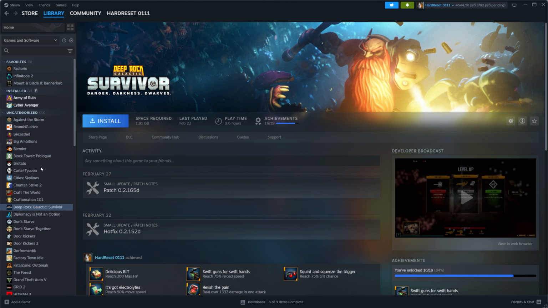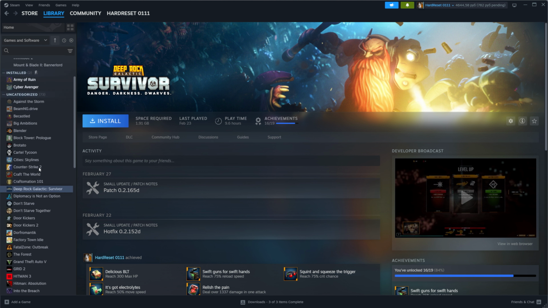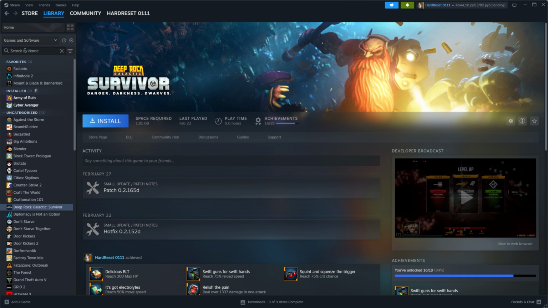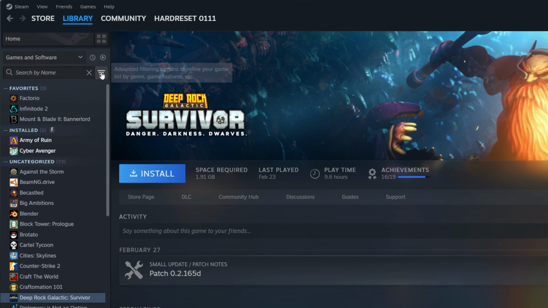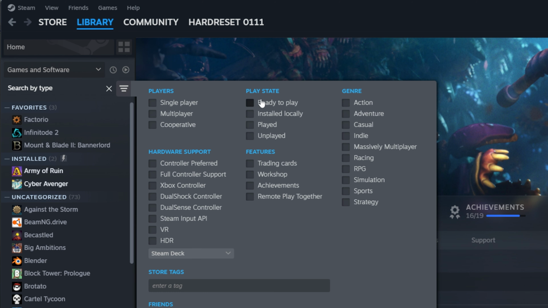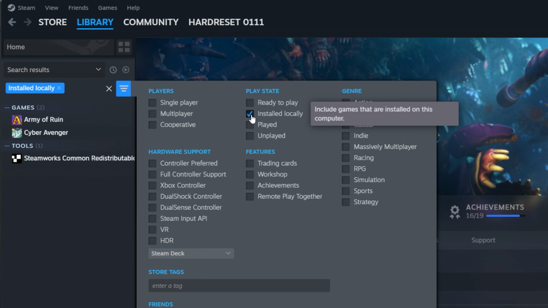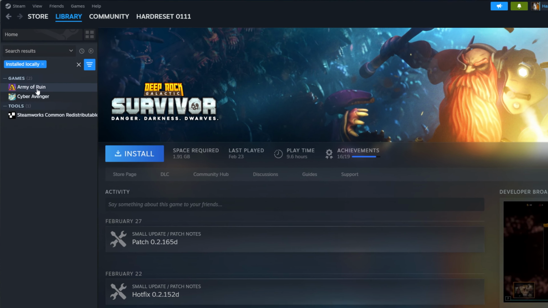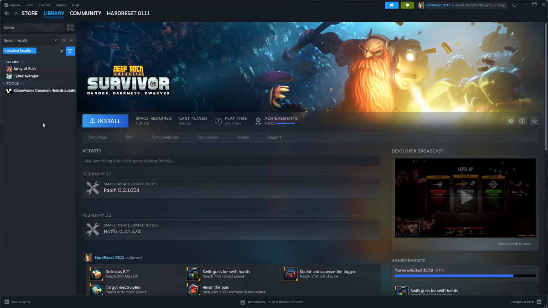After that, scroll through your game collection or use search to locate the game you are going to delete. Also, we can filter all those games by installed using filters, so just click right here at filter and then select installed locally. That's how we can easily find all the installed games here,